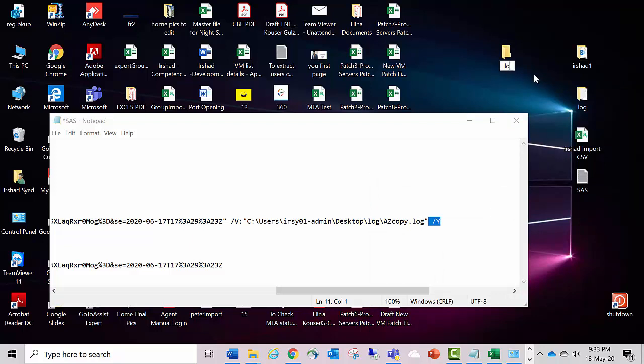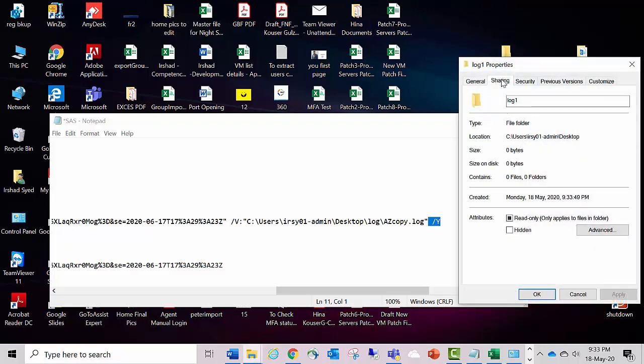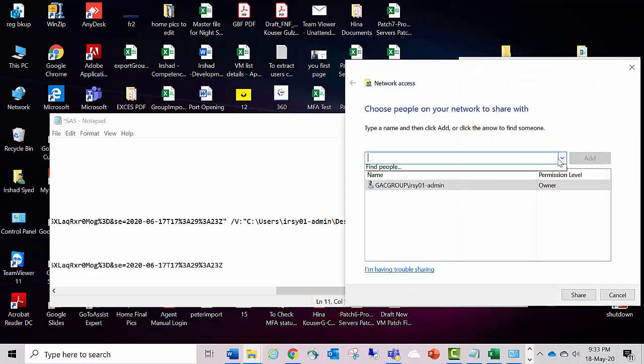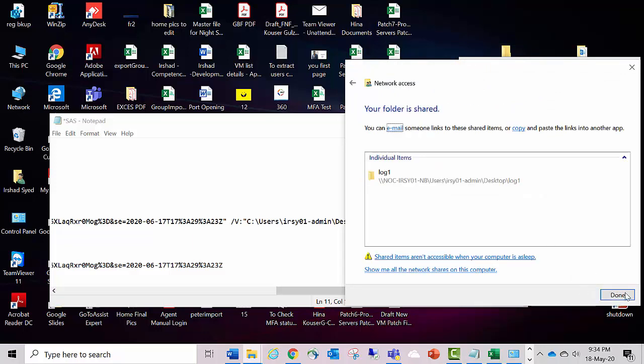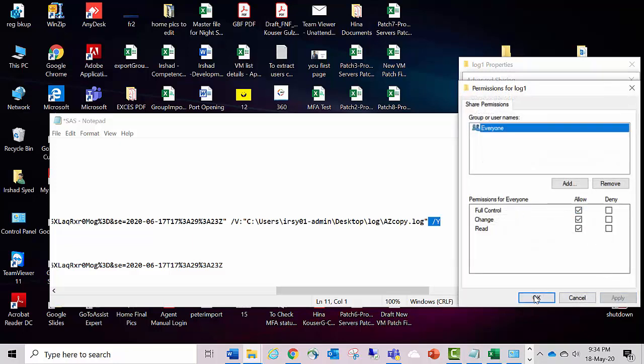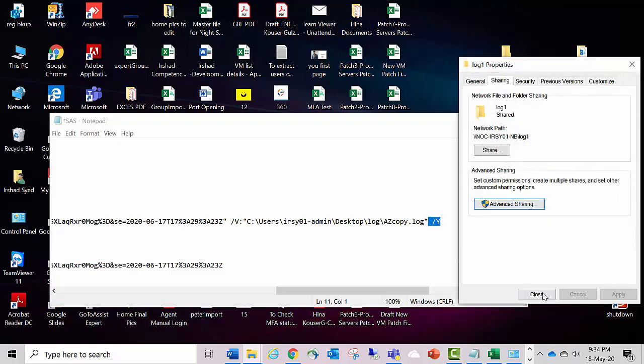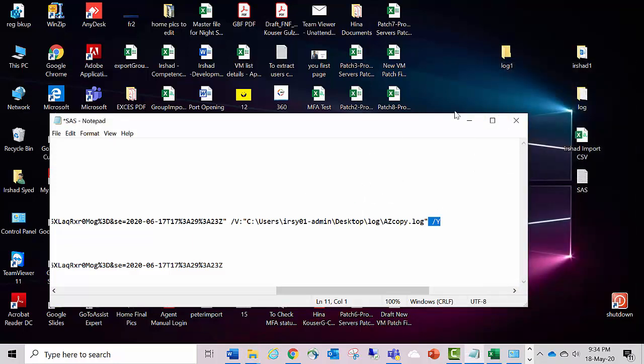I'm naming it log1, and be sure that you have given full permission to this folder. Now we have given full permission to this folder, and my folder location is desktop.